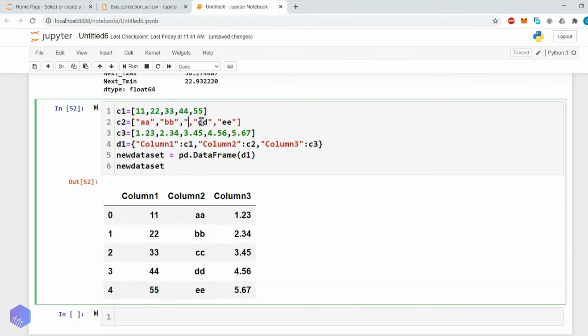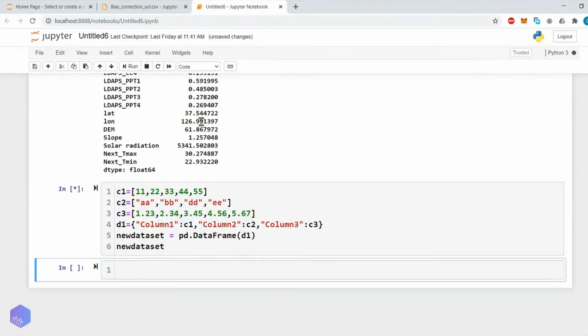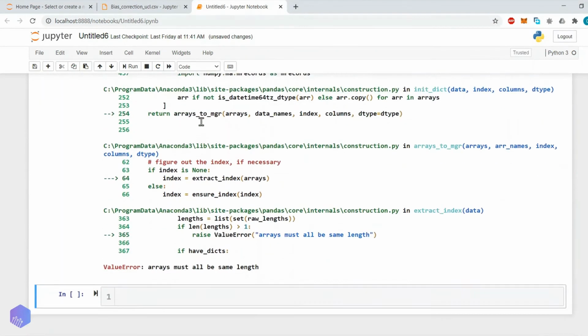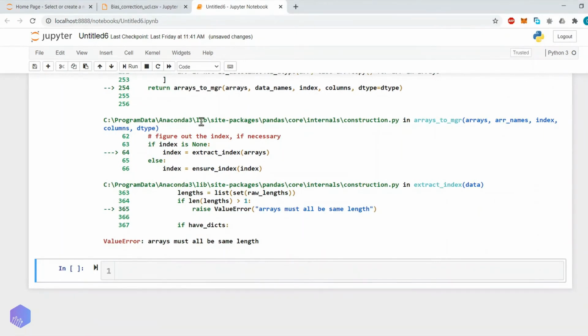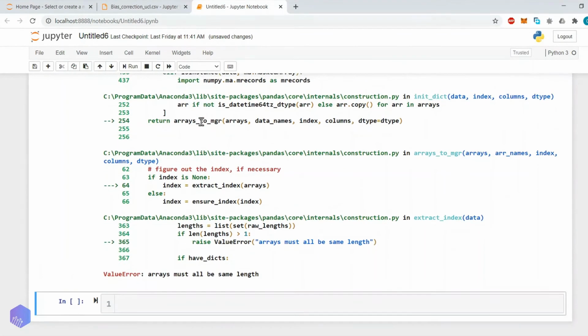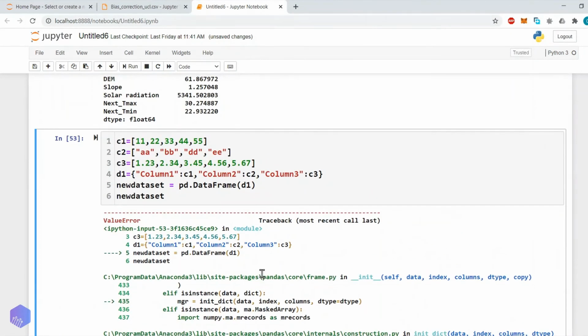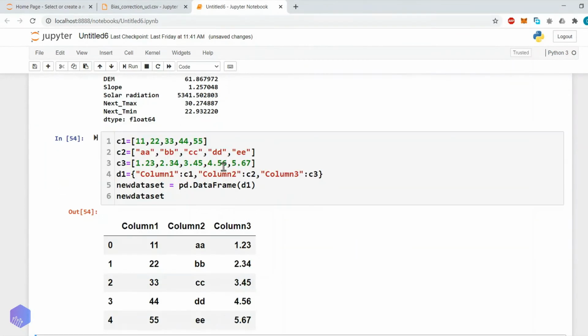Clear with this? Here you have to make sure that while you are creating a data set, all the lists should be of the same size. If we are including 5 elements over here, then 5 elements should be there in column 2 and 5 elements in column 3, likewise.